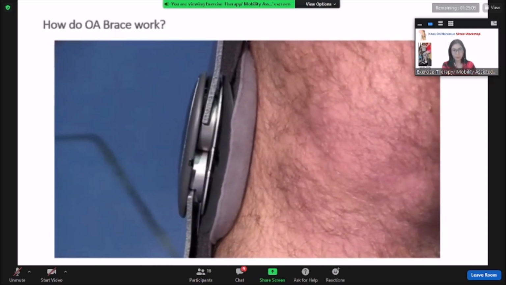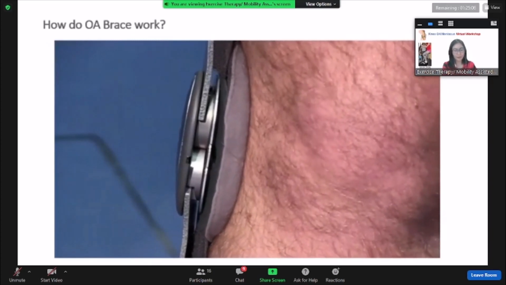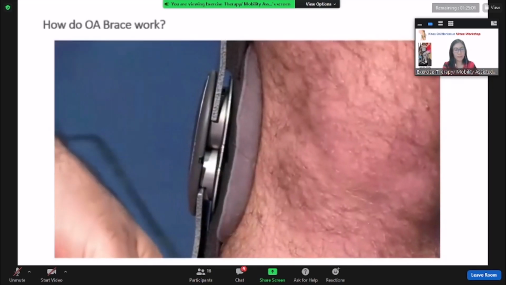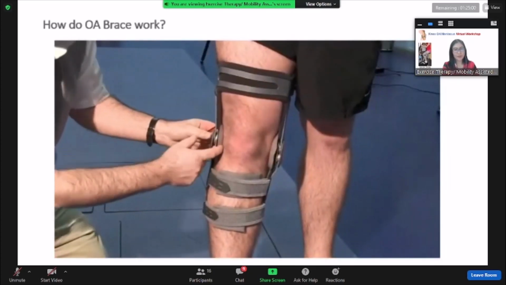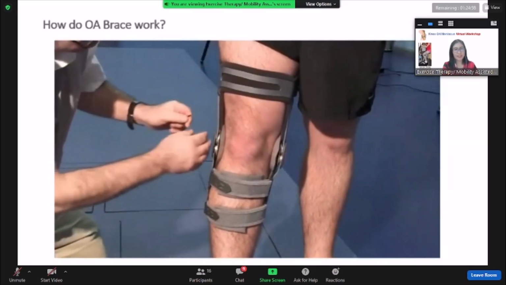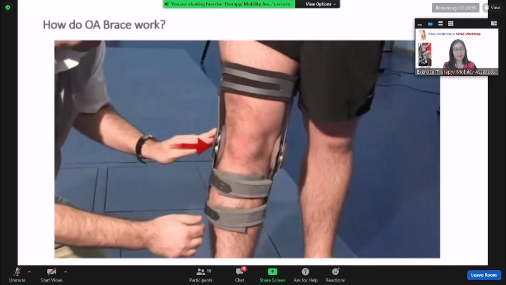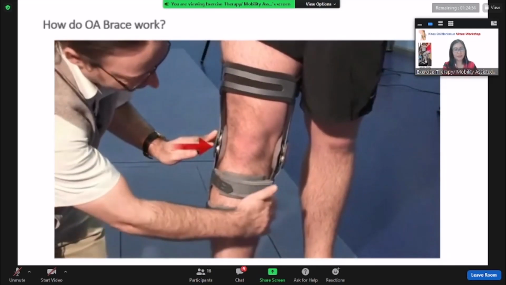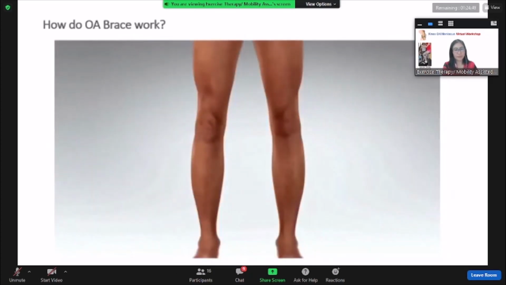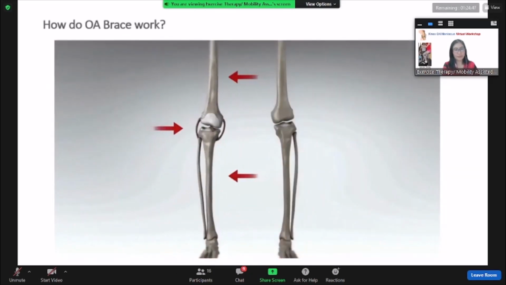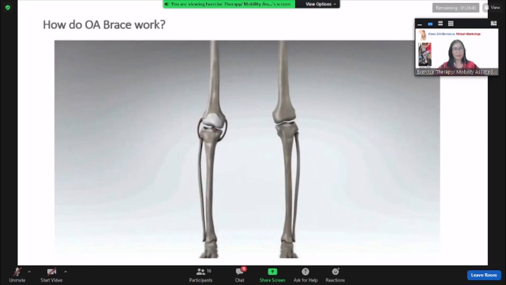So by adjusting this, we can adjust a certain number of degrees and have a controlled amount of adjustment. So this is now pushing into the lateral aspect of the knee, which is then creating a reaction force there and there, which is the thing which is creating the correcting moment to realign the knee in the coronal plane.